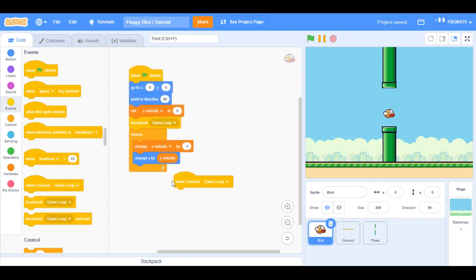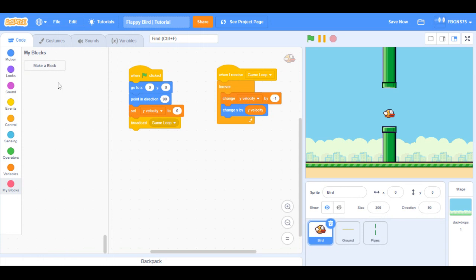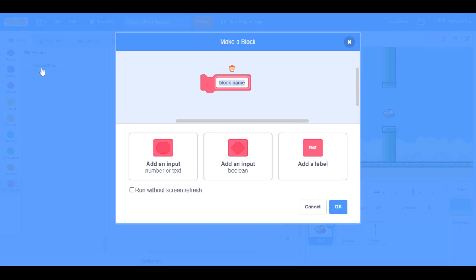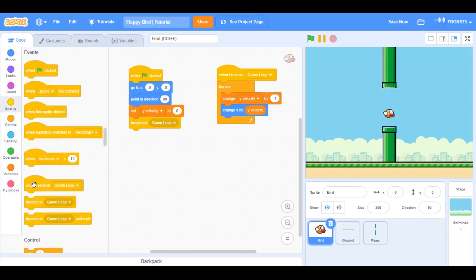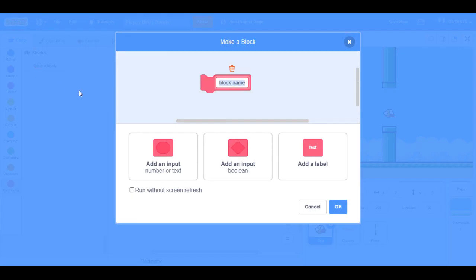So when I receive game loop, drop the forever loop in here. This is just cleaning up. And then we're going to make a block or a broadcast. You could choose, but I'm going to do a broadcast. This one I didn't do, so we're going to broadcast a new message. Actually, I'm going to make a block. So the block is going to be called